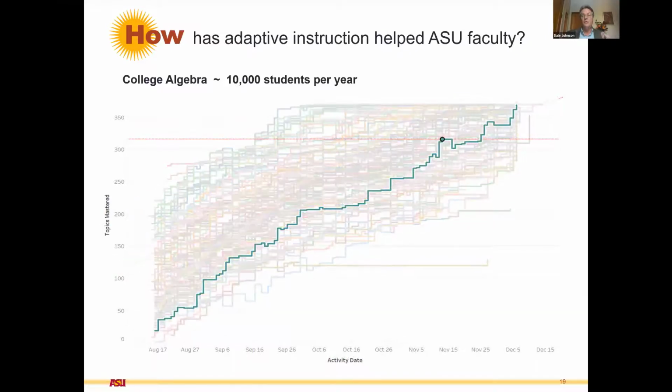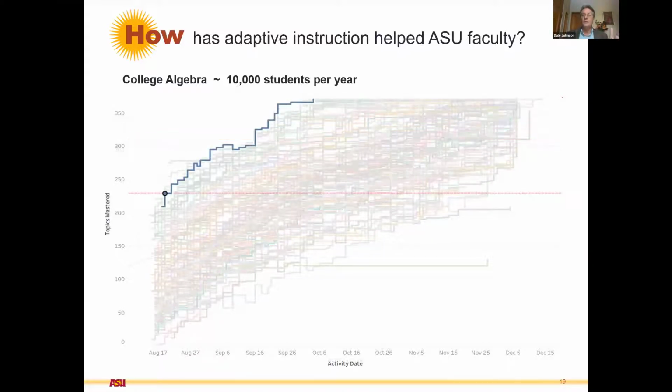You know, some students go from 0 to hero in one semester. We really celebrate these students. They work hard, they stay at the task, and they succeed. Other students come in and they're already halfway done with the course. So we cannot teach these two students the same way. We were living in a world for the last 2,000 years where we had no alternative but to give them the same lecture on the same day.